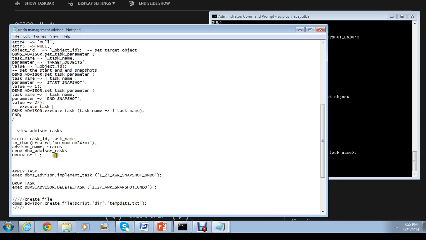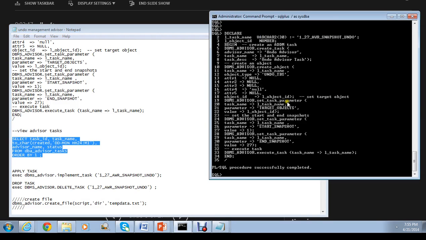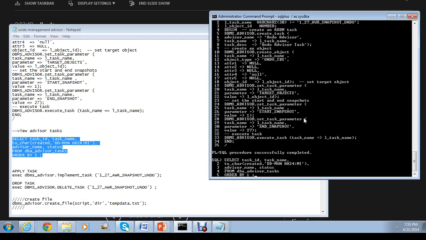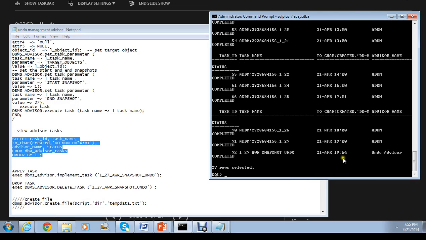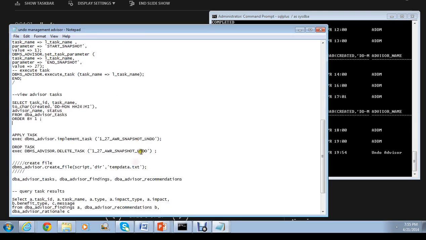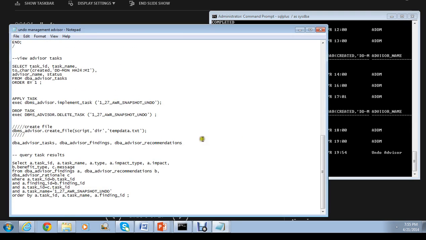What I'll do now is confirm, okay, what tasks do I have in my database? So I'm gonna copy and paste this query. Basically, this is a new task that I just created. As you can see, the advisor needs undo, advisor completed, 1 to 27 of your snapshot undo. So again, I cannot run